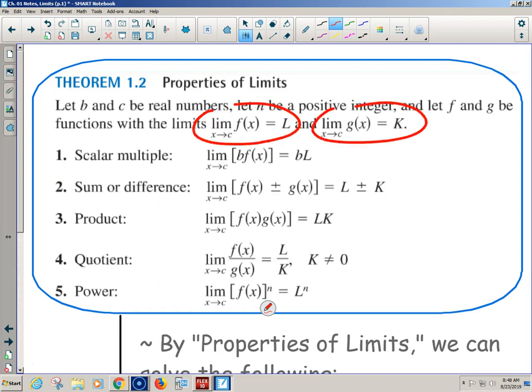Because sometimes, especially with the AP, they love to give you clues. Like, hey, the limit is this, and the limit is this, and you don't even know what the functions are. Then they start manipulating the function: multiplying by 2, or adding and subtracting, or multiplying, or dividing, or doing something weird with the power, or maybe even far beyond that. Asking you what the limit is, you have to be able to use not just the function, but also the limits, which is kind of weird. And they make it trickier different ways, but